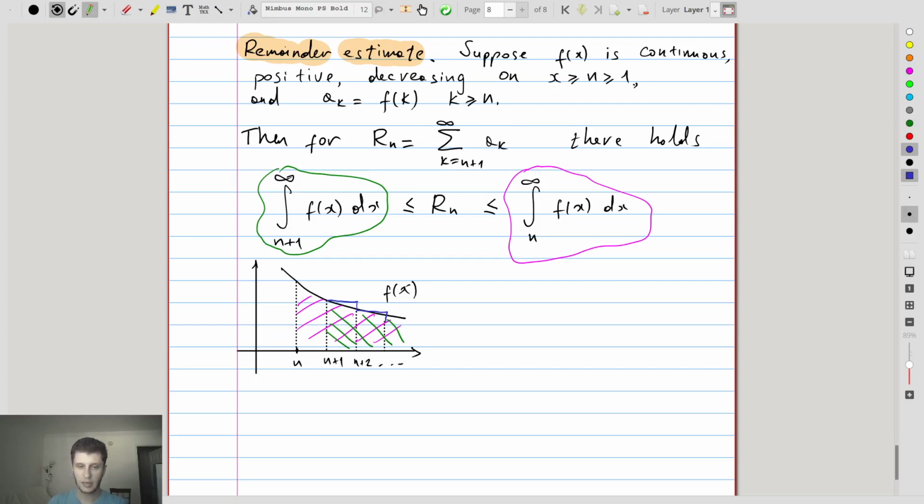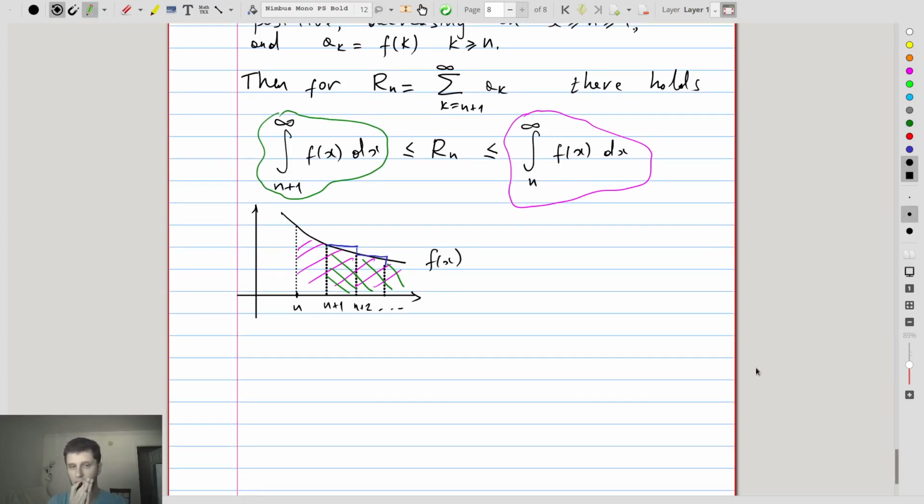So it's taking these heights, right? So you take this height, which corresponds to a sub n plus 1, this height, and so on. And then on each of these lines, you draw a little rectangle, and you draw it either to the left or to the right. All of such rectangles will have width 1, meaning that the areas are exactly the values of the a_k's. And using these area arguments, you obtain the two estimates, like so.